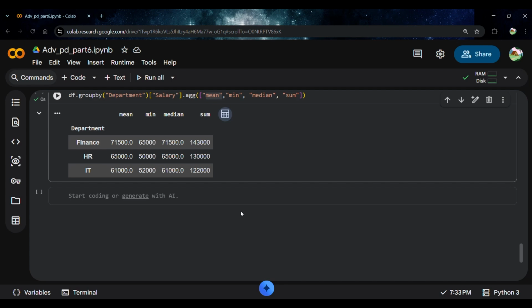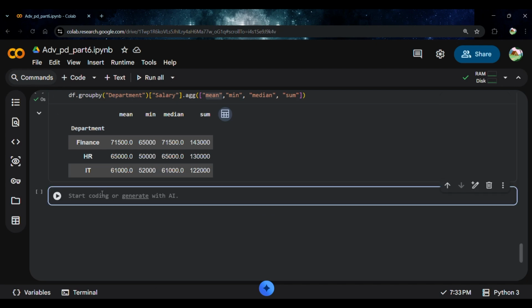And the last thing that we use in groups is transform. Transform is different. It returns a result with the same length as the original data frame. That means every row gets a value. For example, if we take df and dept average salary,